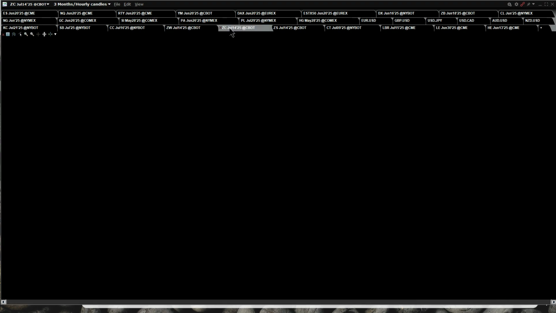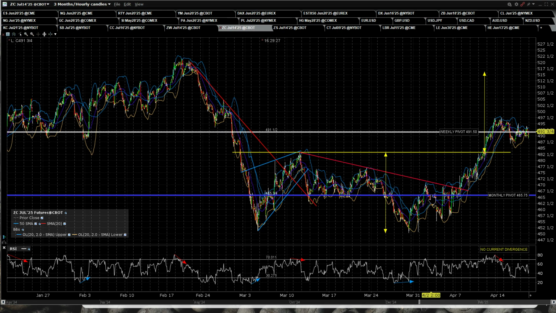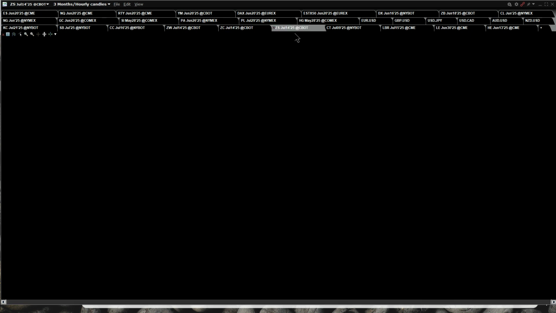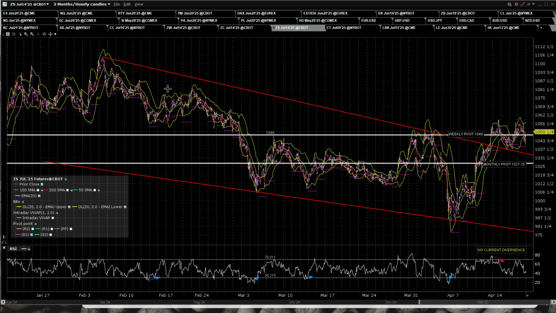low. On corn, we've got a double bottom, which is broken up with a target in about the 517, well, 516 and a half area, I think. This looks like a little bull flag forming. Corn is looking good on the upside. On soy, we've got a falling wedge here, which is broken up, which I think is probably the best reading